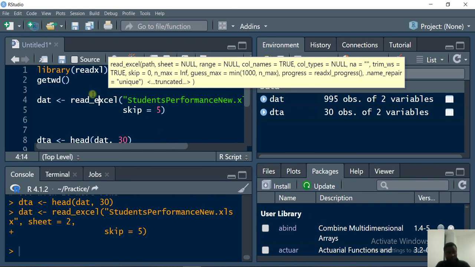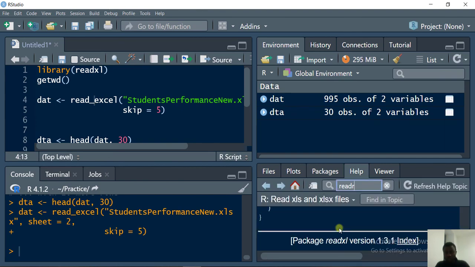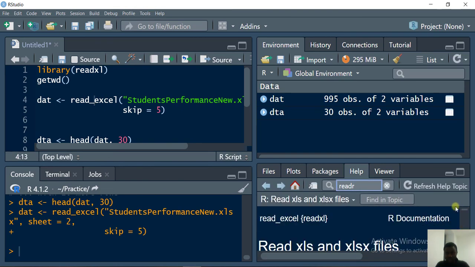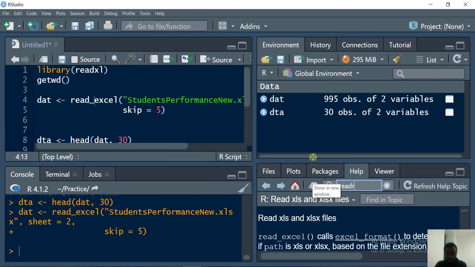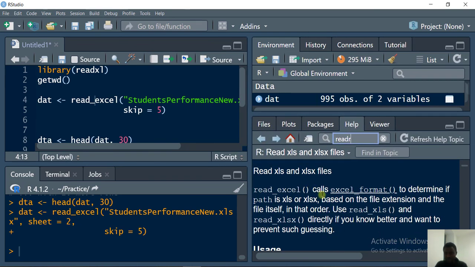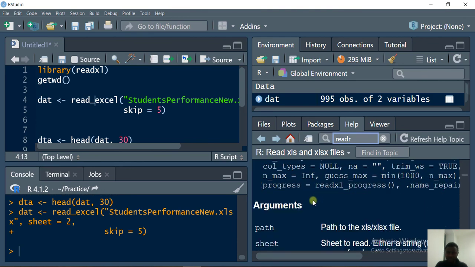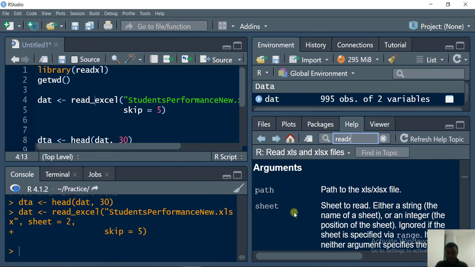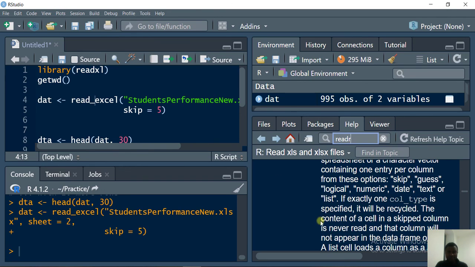My system is a bit slow, but I'm expecting, oh good, it's back. I'm expecting to have the documentation where you can read more information, the description. Let me zoom it so we can view it very well. Okay, perfect. You could see read_excel. Those arguments, what do they mean? You can read about them. You could see the arguments: the path, the sheet, the range, the column names, column types, etc. These are some of the things that you can do to improve your knowledge on the use of R